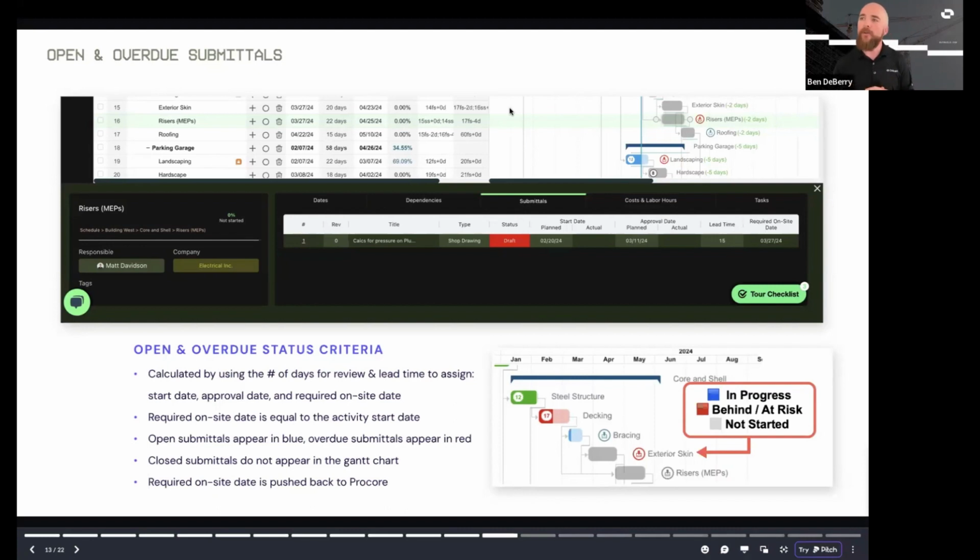Let's answer that a little bit further in detail too. I know we've got an article on this. That schedule information tab within the submittal creation field is a field you can toggle on and off in Procore. So if you're creating a submittal and you don't see an area to connect to your schedule, you can let us know. We'll send over that article or help walk you through the process of just turning on that field. So you're going to get that full integration.